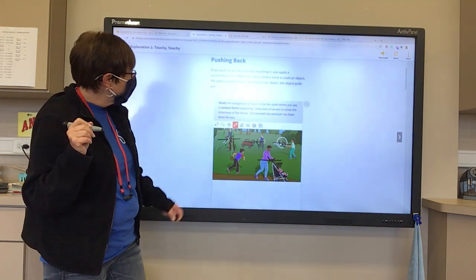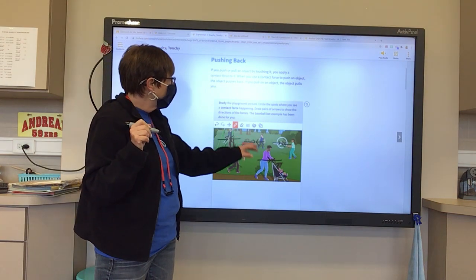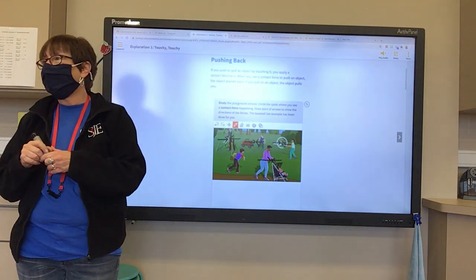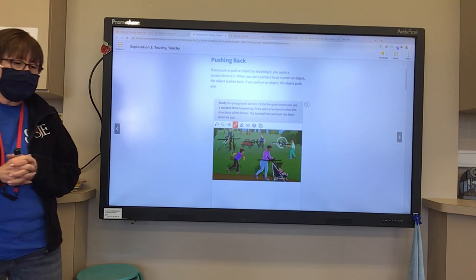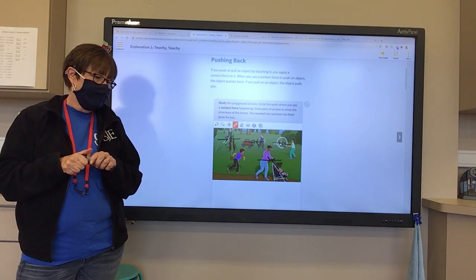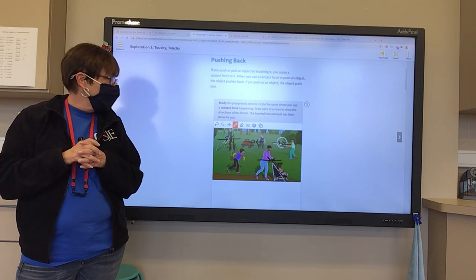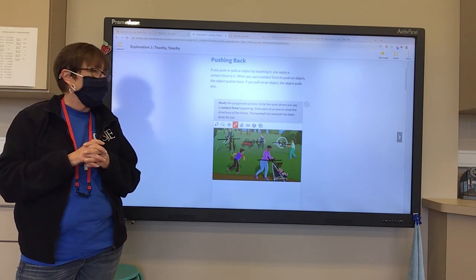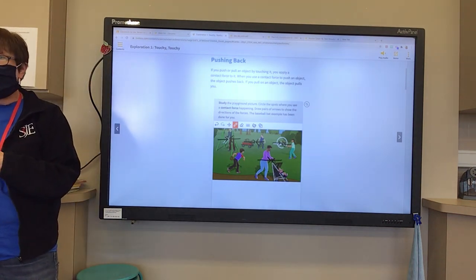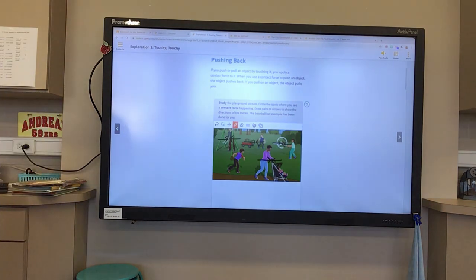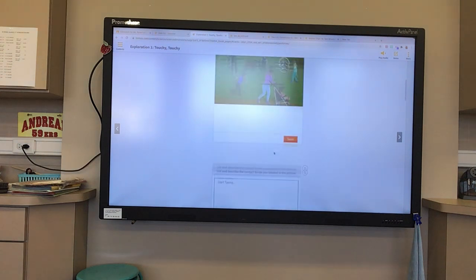Now it says there's 4 pairs. Do we have 4 pairs? 1, 2, 3, 4. So we have 4 pairs of contact force, so we don't have to draw any more contact force. So that is our contact force. Very good. You were able to find all the contact force. Now, did everybody draw that? Now what we're going to do